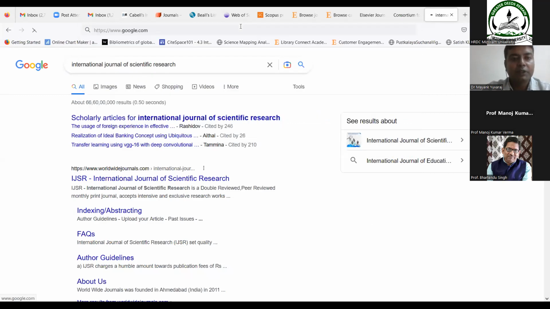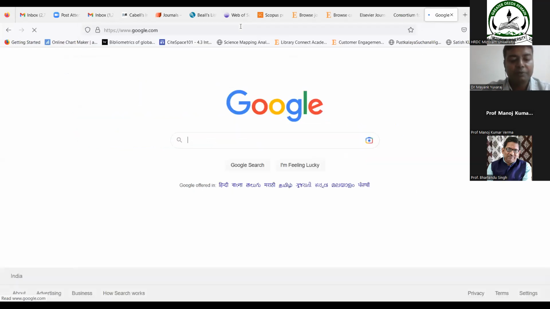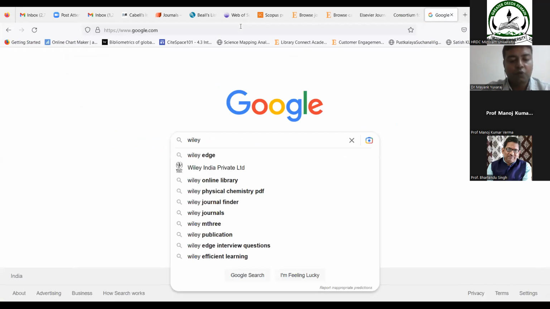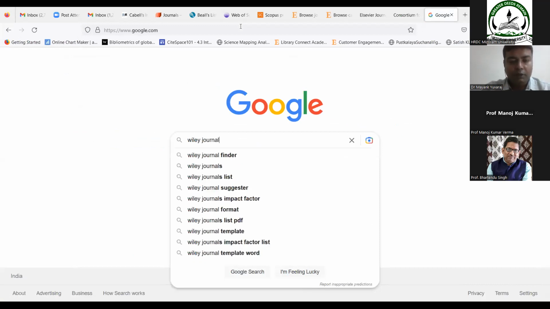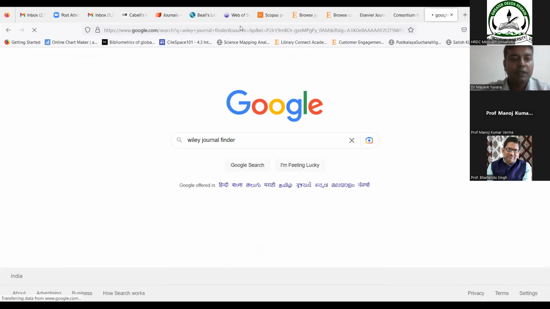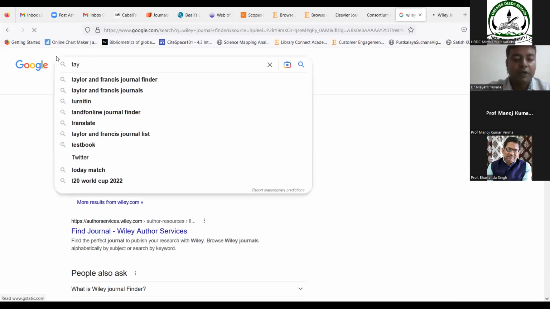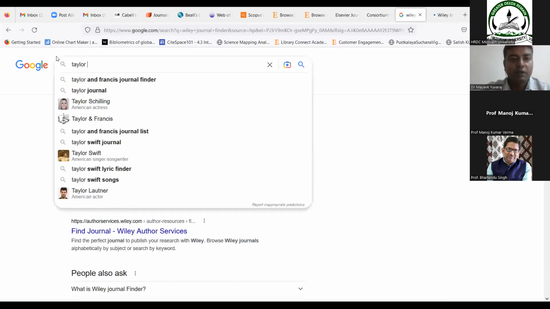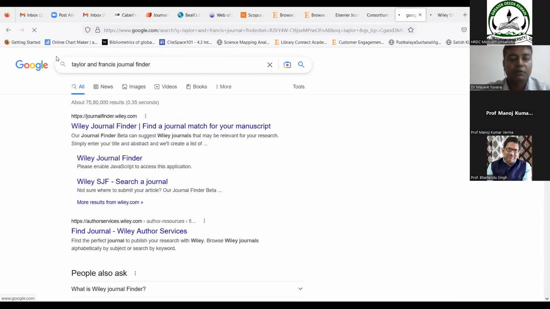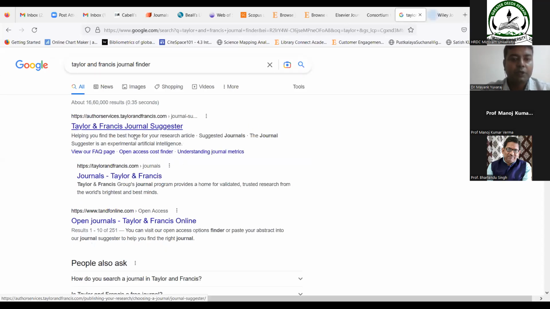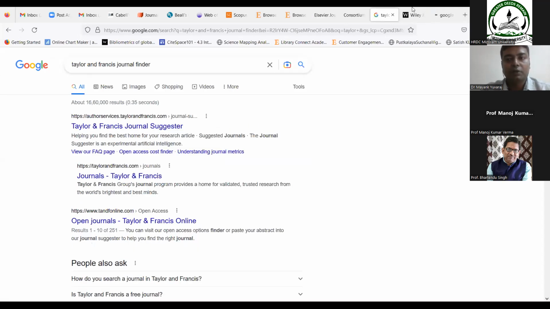Instead, there are some other tools, like you can search by publisher, like Wiley. These days, all the publishers have launched their tools to find journals. I will show you with an example of Taylor and Francis and Wiley.